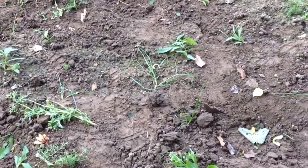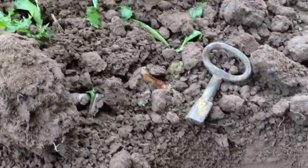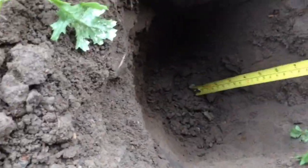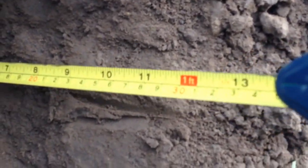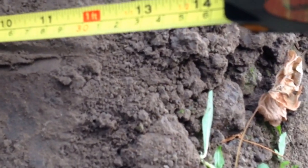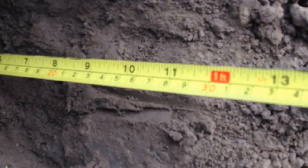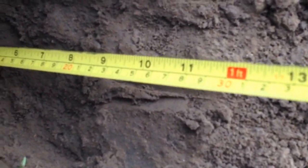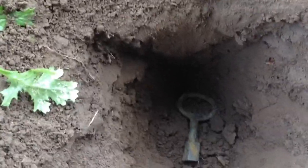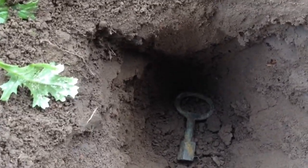I'm going to put them at 12 inches now. Okay, I've retrieved all the targets. We've got the empty holes again. That is at 1 foot. 1 foot that is. Which is 12 inches, and so are the other 2 just behind me. So I'm going to do that with all of them now, and we'll see what the responses is after 2